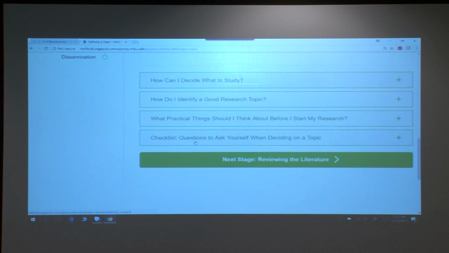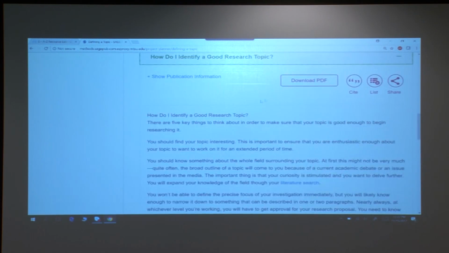Yeah, and they step you through all these different topics, like how to identify a good research topic. So there's a lot of content there. That's great for master's and doc students who are needing to. Kathy, this is perfect for the research. Absolutely, and you can